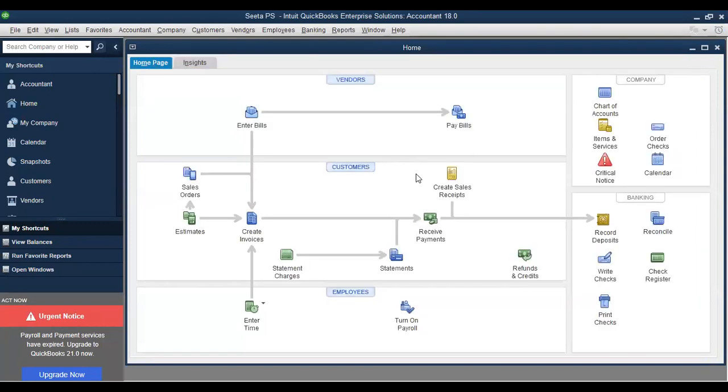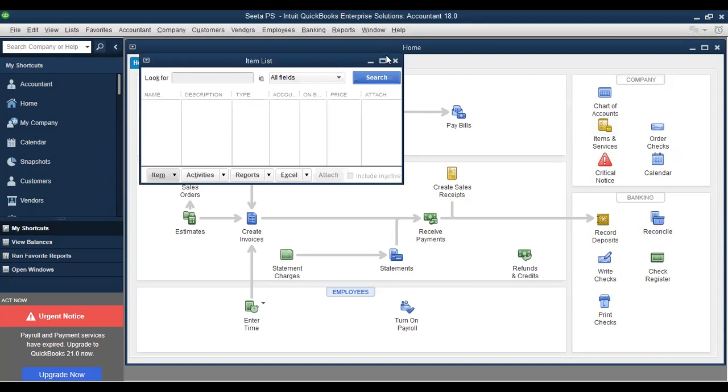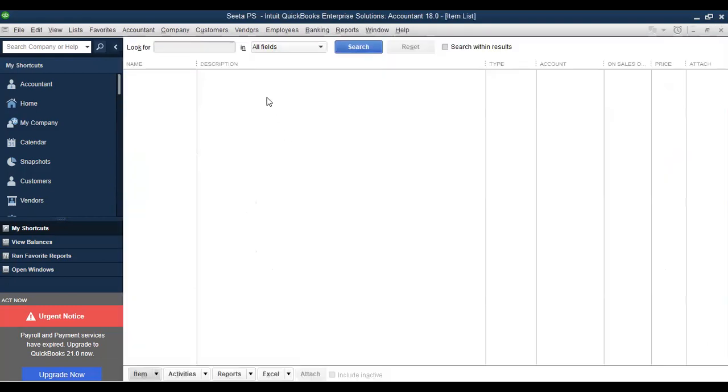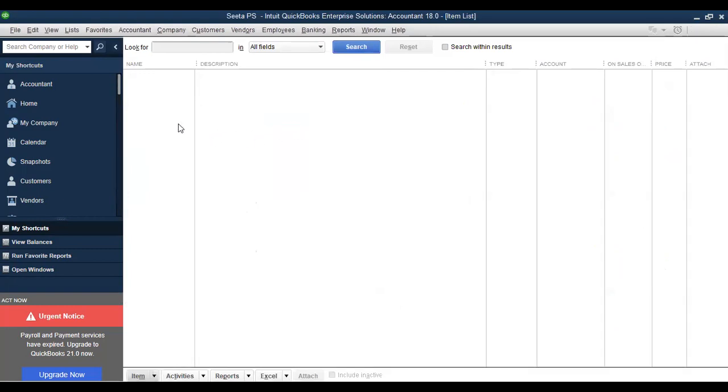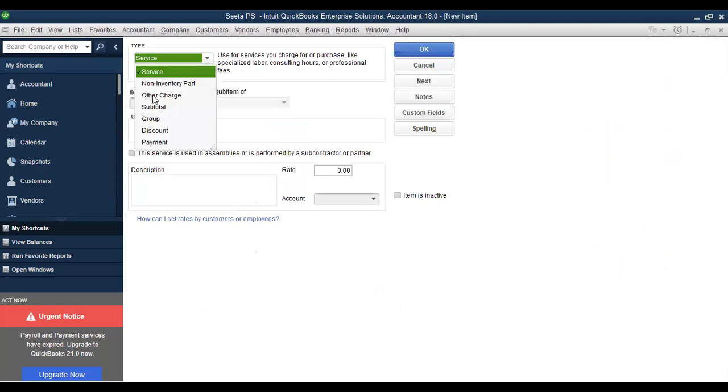And so the next thing to do is that the school's enrollment was 33 students from nursery to P7, and we have a fee structure from nursery to P7. So we shall go ahead. Let's first set our fee structures here. To set this fee structure, we shall use items and services. Then we shall come here, right click, select new. We shall use the service, and we shall say nursery